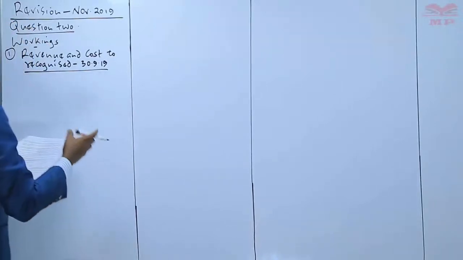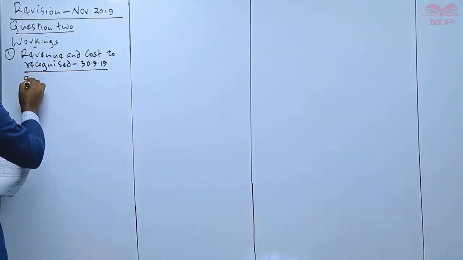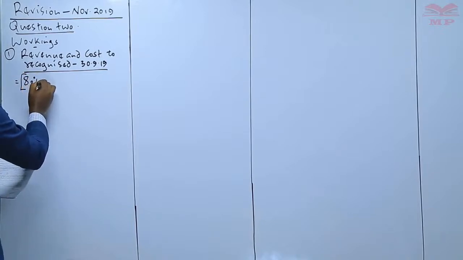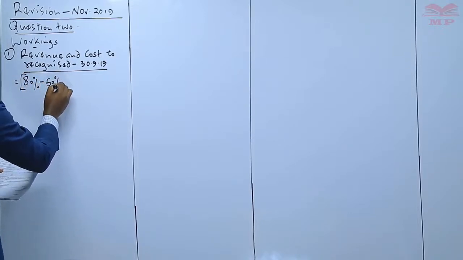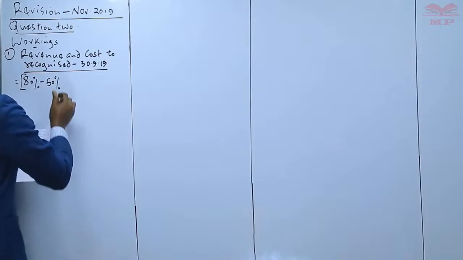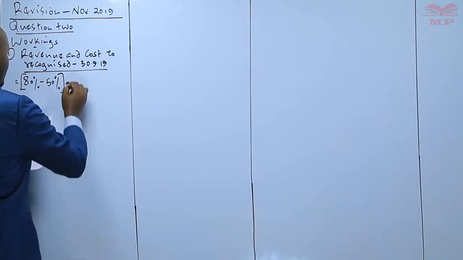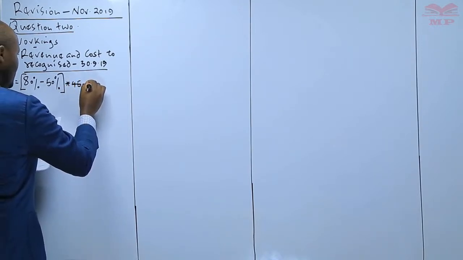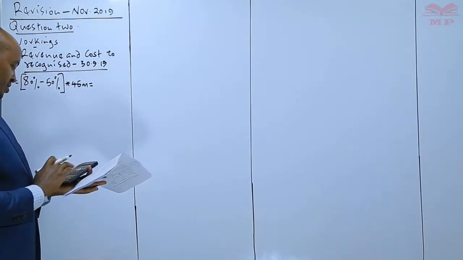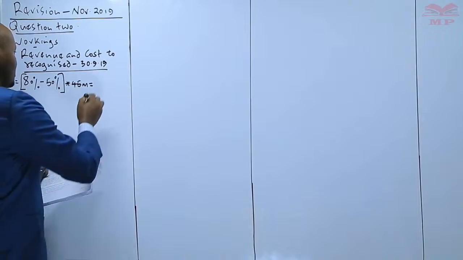So what that means is that the revenue which will be recognized in the current financial year will be equal to 80%, minus what was recognized in the previous year, that is 50%. So during the current year we are going to recognize revenue equivalent to 30%, and then we multiply that with the total contract price, which is 45 million. So we get 30% of 45 million, 0.3 times 45 million. That will give us 13.5